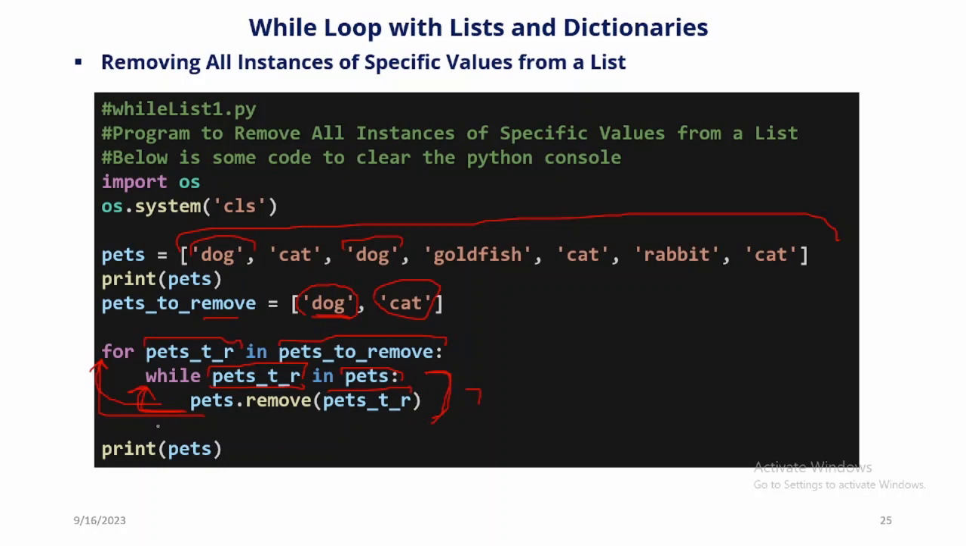Goes the third time, it sees dog, it's not there. Goes the fourth time, it sees goldfish, it's not there. Goes the fifth time, it sees cat, it removes the second cat. It goes the sixth time and sees rabbit, it's not there. And it goes the seventh time and sees cat again, and it removes cat. So by the time we have done this cat and dog,